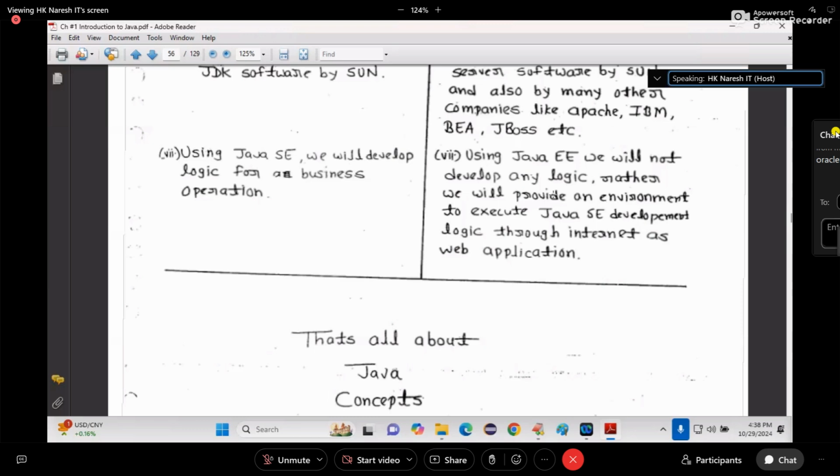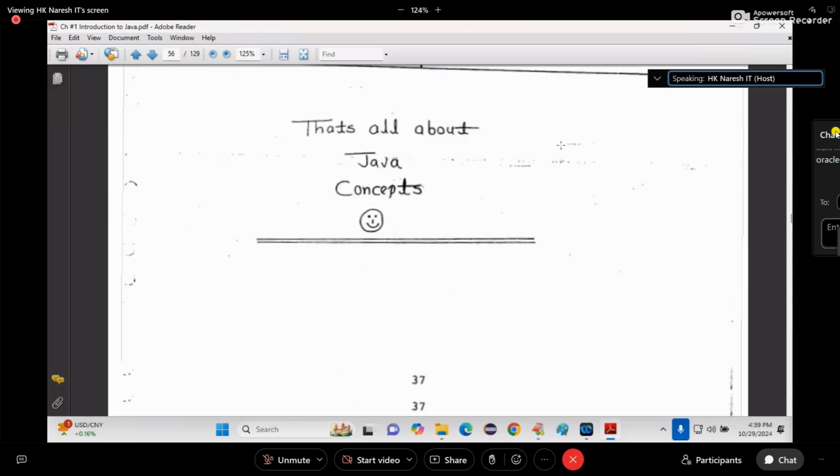Write that point also. Java SE means JDK. Java EE means JDK plus server software.